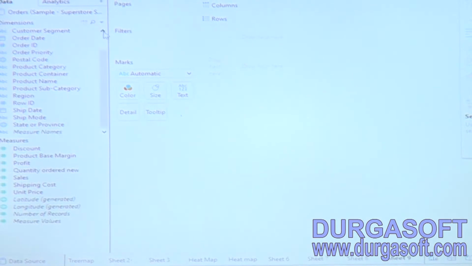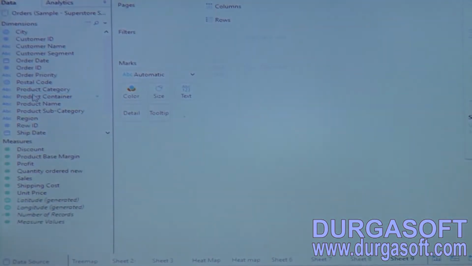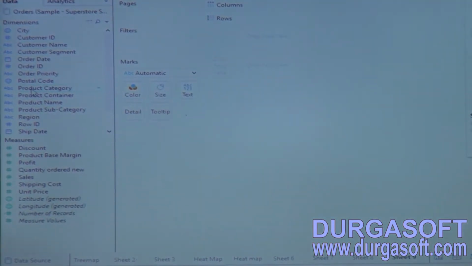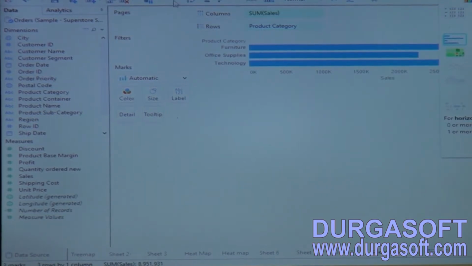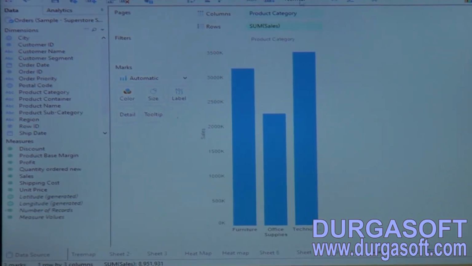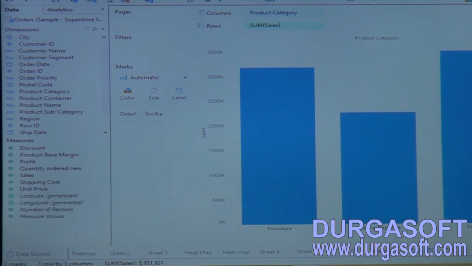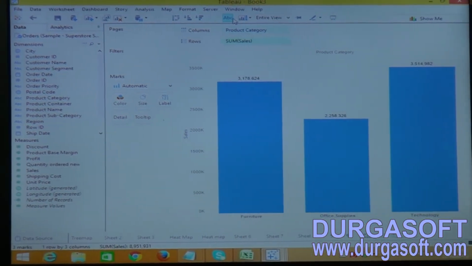So now here I have a product category and sales. When I see this bar, I can understand each category-wise sales.